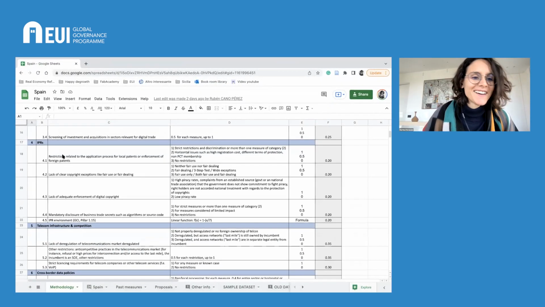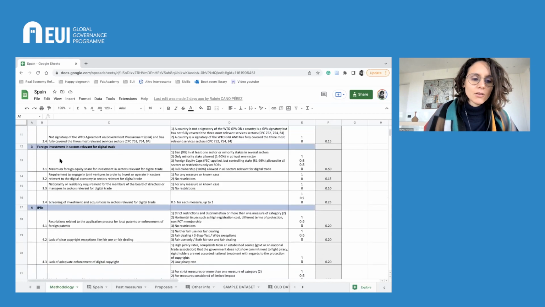This index is based on a methodology which we are discussing during these webinars, with the idea to have feedback from experts and keep improving the way in which the methodology is defined. So I will quickly show you the methodology that we have as of today on the topic of patents, which is actually just one entry that covers this issue. This is our short summarized methodology.